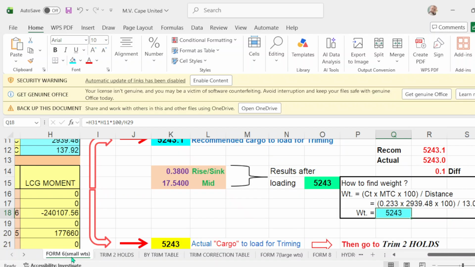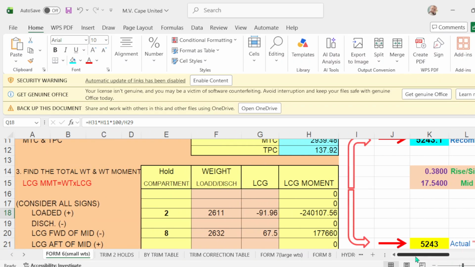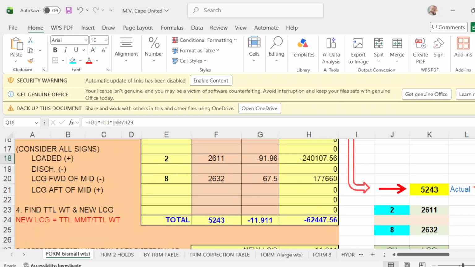Then you go back to form number 6. Scroll down. Take note of hold number 2 is 2611, and 8 is 2632. Apply the LCG.